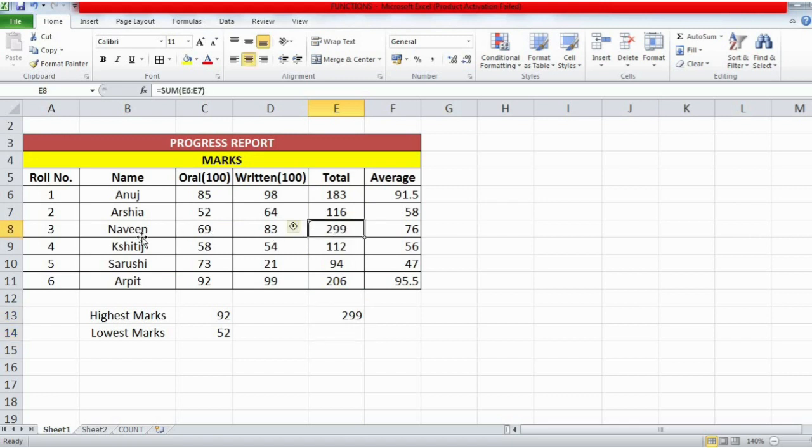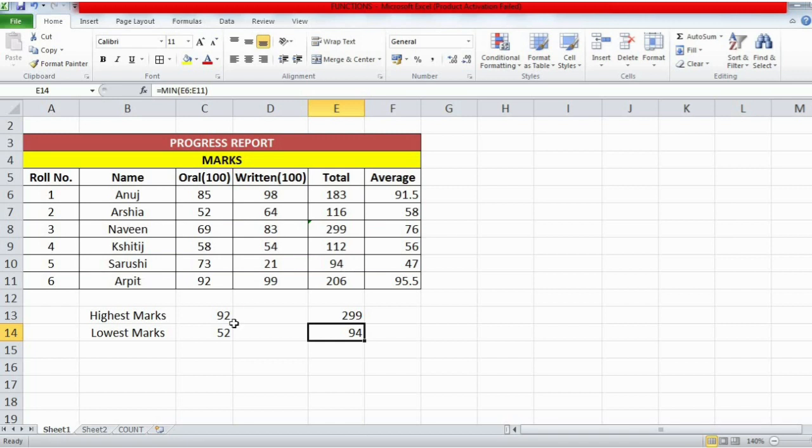Naveen. If you want the lowest, you go to min, select your range properly, and 94 is the lowest total. This is how we use the minimum and maximum functions.